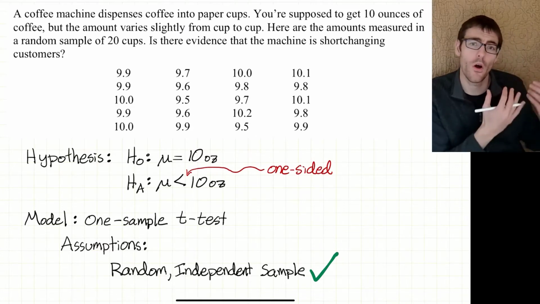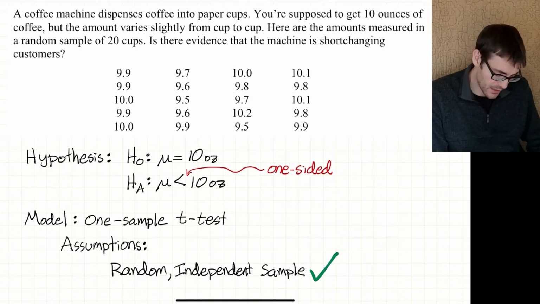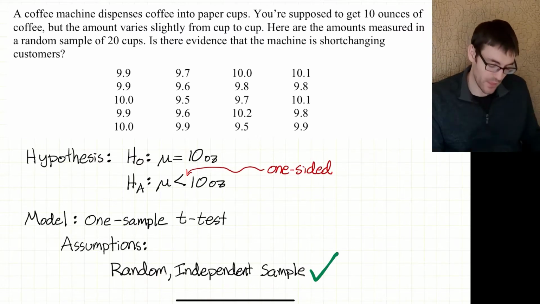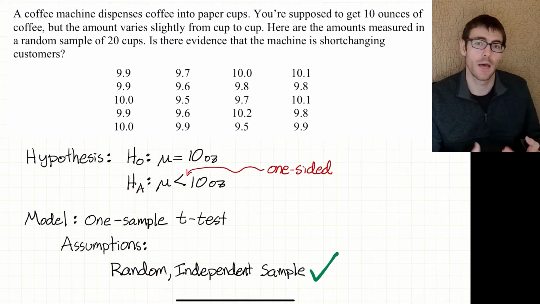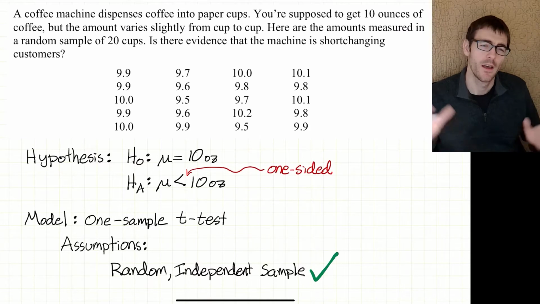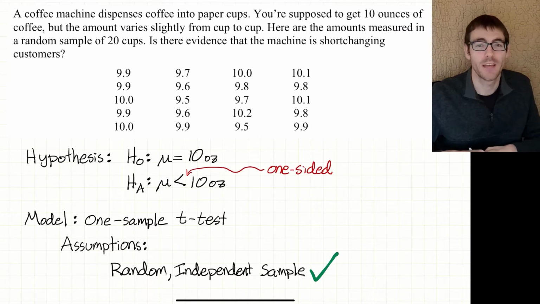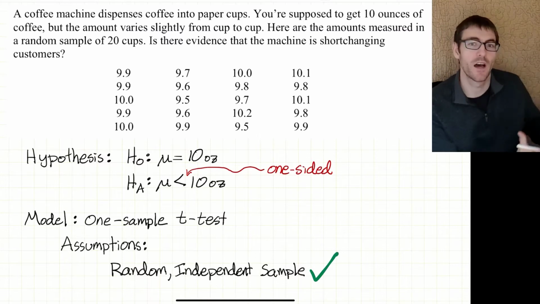And this applies, again, to all of the hypothesis testing that we're doing. So as a general rule of thumb, if we come across an assumption that we don't think is met, if we're talking about a study that doesn't meet one of our assumptions, the general procedure is going to be to acknowledge it, to point out that, hey, maybe these cups aren't independent. Maybe something weird is going on. But typically we're going to still go through the rest of the steps and still run the hypothesis test, but maybe with a big asterisk next to it. So when we report our information, maybe we're saying, maybe this is what's going on,